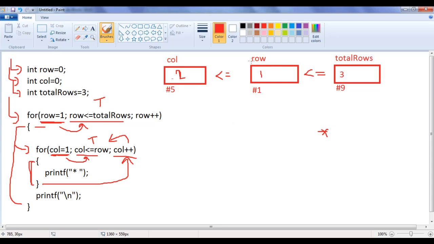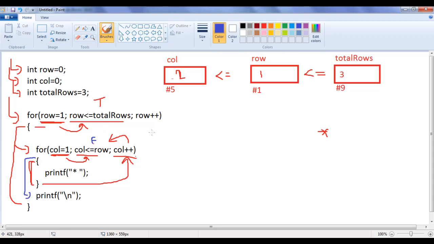Col is 2, row is 1. 2 less than 1 is false because 2 is greater than 1. 2 equal to 1 is also false because 2 is not equal to 1. As both conditions evaluate to false, the result will be false, guys. So this condition evaluates to false.